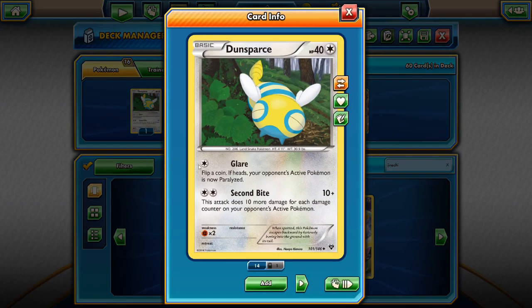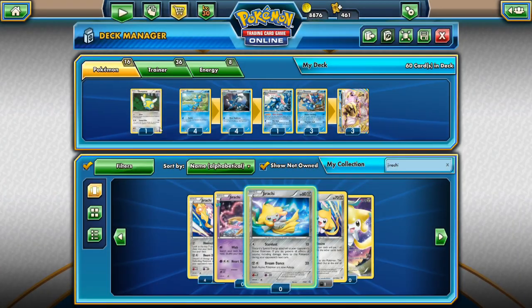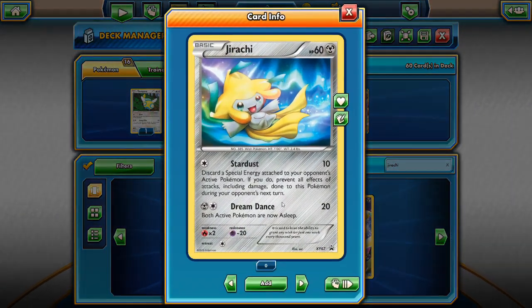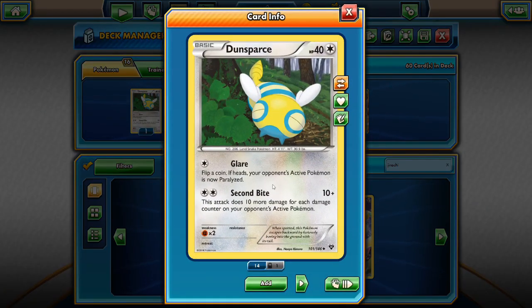And the second reason is because of its glare attack. This glare attack is a weaker version of the Stardust, because if we flip heads, we will paralyze our opponent's active Pokemon, and if it's Night March, we will paralyze Joltik or Pumpkaboo, and then they cannot attack. So it would be as if we had discarded their DCE and prevented effects in the next turn, except that this requires a coin flip, so it is a fair amount weaker, but it's still a stalling tactic,